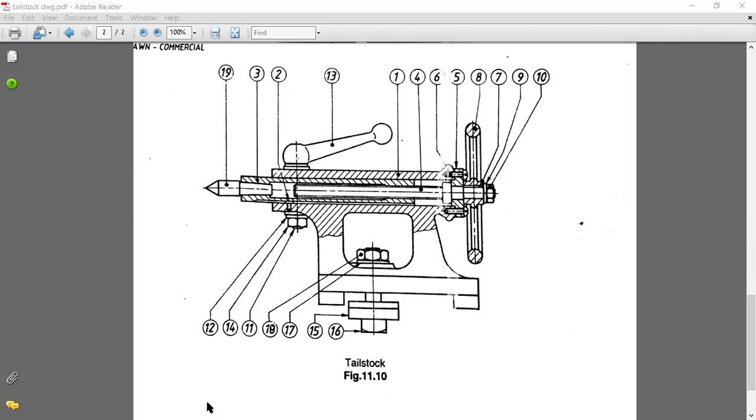And this is one more construction to mount the stud and handle. Sorry, not hand wheel, handle. So you have to take the reference of a parallel plane. You have to draw one reference plane over there. Then you have to draw that one.